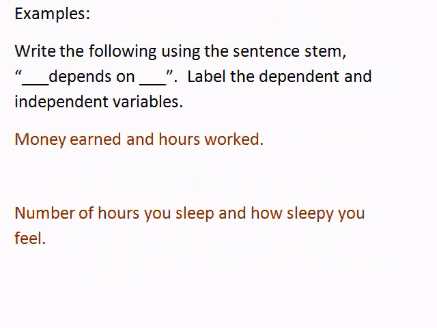Let's take a look at a couple of examples of identifying the dependent and independent variables. We're going to be using the sentence stem, blank depends on blank, and then we're going to label the dependent and independent variables after we've used that sentence stem. Our first example is money earned and hours worked. We need to decide which one depends on the other. Does the money you earn depend on the amount of hours you work? Or do the amount of hours you work depend on the money you earn? Well, the answer is that money earned,